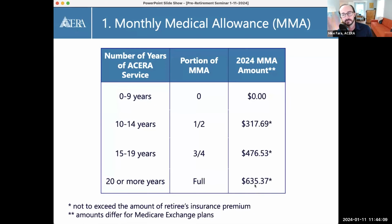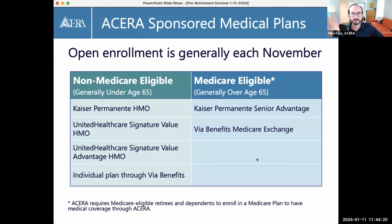So think about those amounts because I'm about to show you the premiums for the plans that we have, and you can see how much of the cost the subsidy covers. So here is a list of the plans first off. There's 2 sets here. You can see 2 columns, 2 kind of categories. We have non-Medicare eligible plans. And if you're not yet Medicare eligible, you would choose one of these plan options if you want your medical care through Acera. And Medicare, if you're not familiar with it, is the federal government's healthcare system where they pay the cost of your